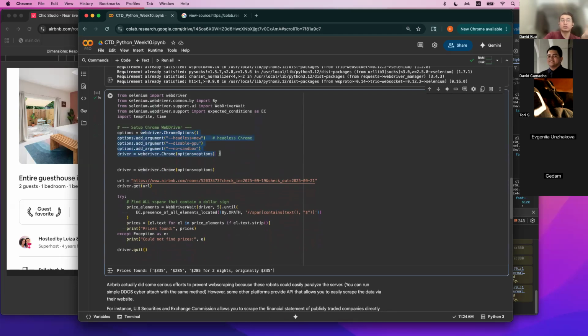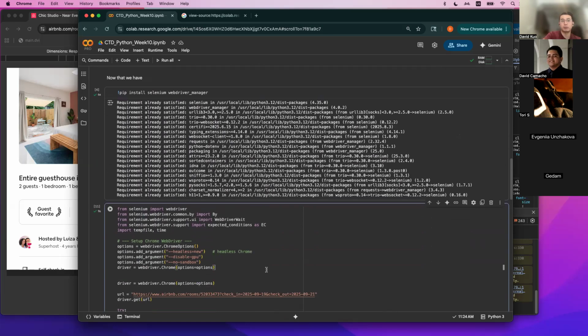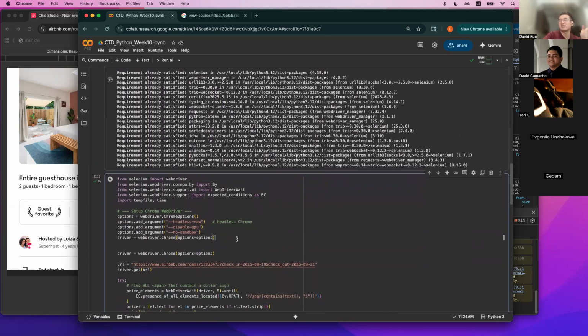Instead of sending a request to the URL and getting a response, WebDriver is kind of faking a Google Chrome session. You're controlling a Google Chrome, like imagine you're starting a new Chrome window, and then asking the